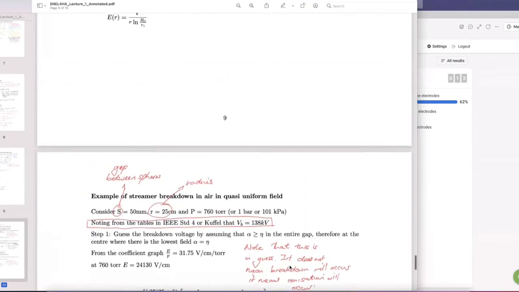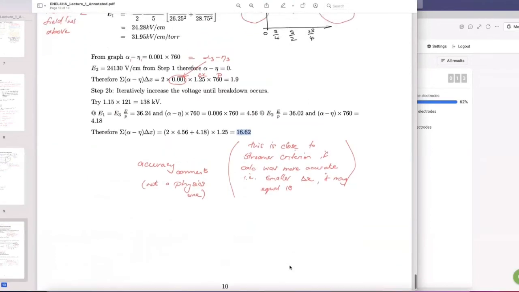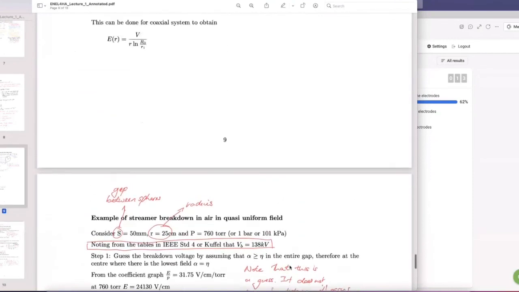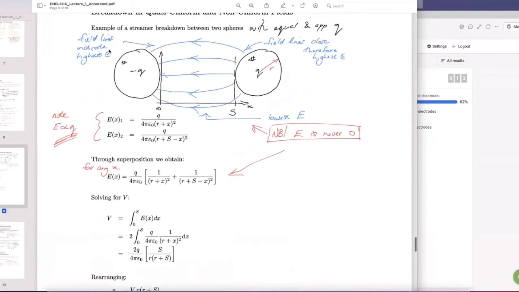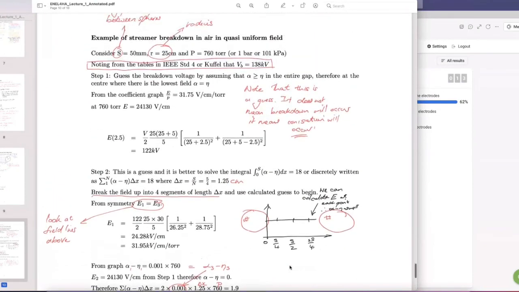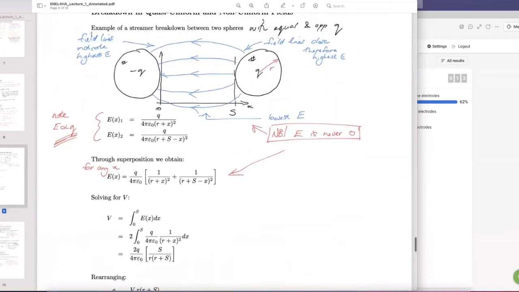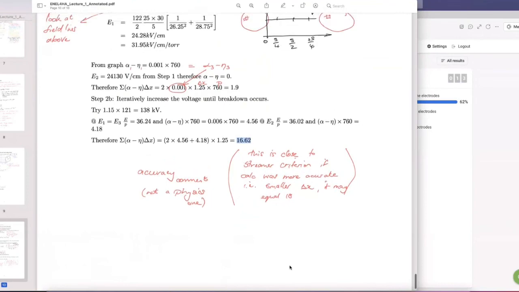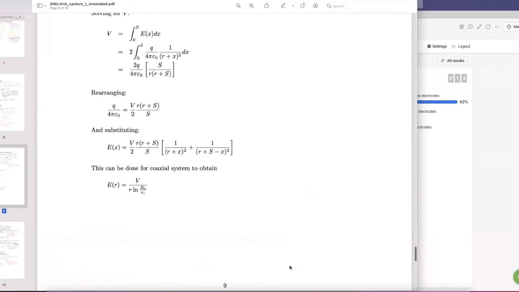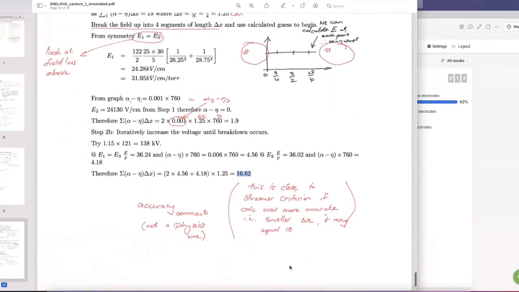The second question, the quasi uniform field breakdown, that's a typical question that will come up in a test or exam. So I've posted numerous tests and exams. So I'd suggest going through this video, going through the notes again, and just making sure you understand that. What I will do is I'll post the two examples with the annotated notes so that you can go through it and work through